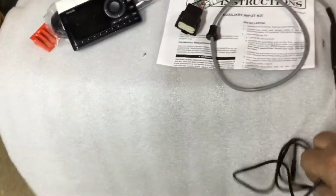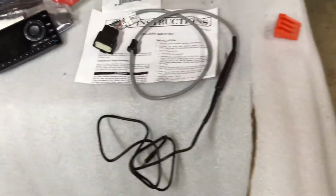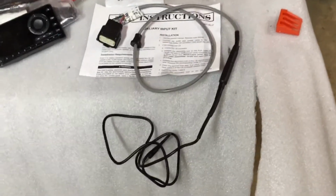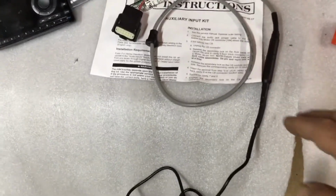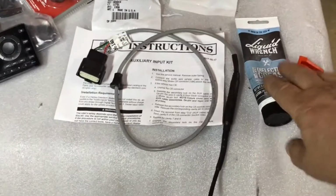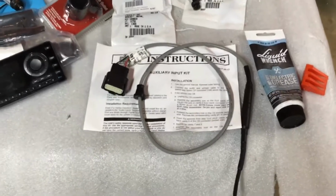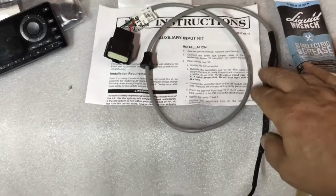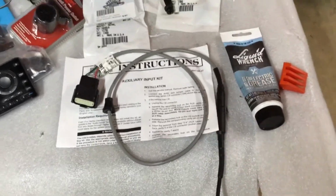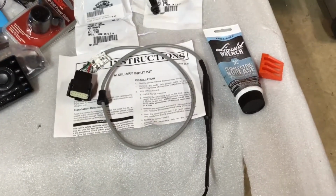So what I've done is I went and I found a 3.5 millimeter extension, male to male. Then I got a female to female plug to join the two. And then I used dielectric grease on the plugs each side. Then I sealed those with heat shrink tubing. This way it will keep the dielectric grease in there. The plug will never come apart,